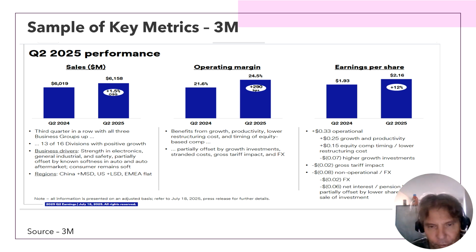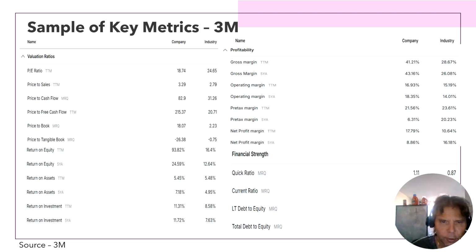I use 3M just to give you an example of what they were looking at in terms of performance. And they're basically looking at sales and operating margins on percentages. And they're also telling you how they achieved year over year by their division. And then they're looking at their earnings per share, what's changed between quarter to quarter in terms of their EPS. I also then pulled down some key metrics, and you can do this and Google them, but it gives you a good example how they compare as a company to the industry.